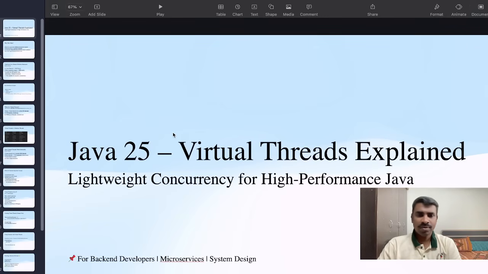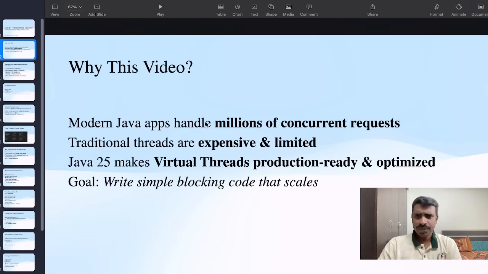This is Java virtual threads explained: lightweight concurrency for high performance Java. So why this video? Modern Java apps handle millions of concurrent requests, but traditional threads are expensive and limited.